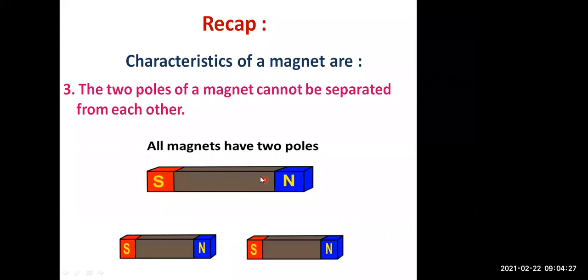Now if we cut this bar magnet into two pieces, again the two pieces will have two poles, a north pole and a south pole. Again, if we cut these pieces with the help of a knife, those two parts will also behave as magnets, each with a north pole and a south pole. You have verified this with an experiment. After cutting the bar magnet, you brought the pieces towards the iron filings, and you could see that the filings stuck to the poles of the magnet, showing that each piece has two poles.